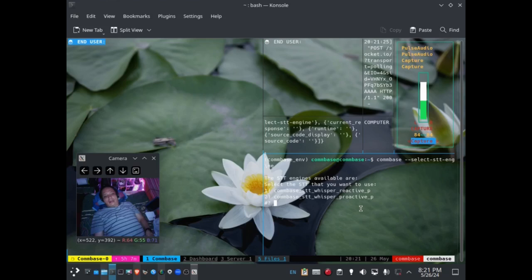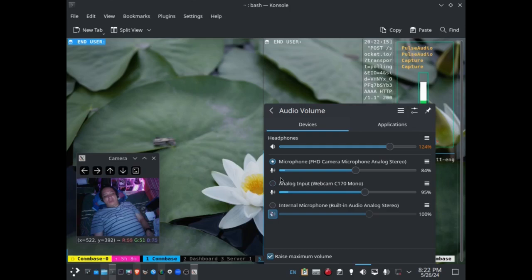This is of the type of interactive on the terminal, so you can't use it if you don't have a keyboard, right? And it can be a problem depending on the device you are developing Combase for or using Combase for.